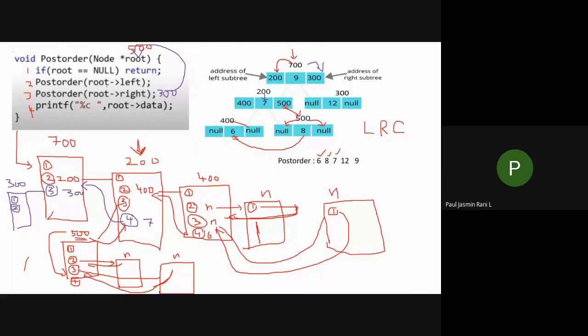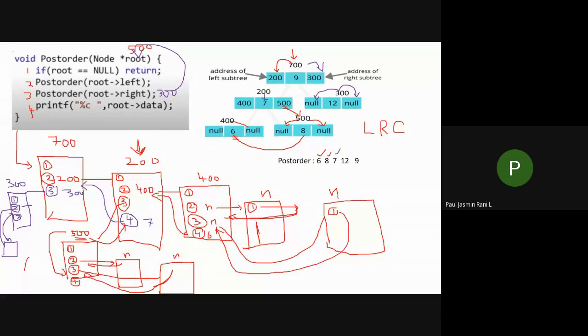What is the root of left? 300 of left. Okay, so 300 of left is nothing but null. So I'm passing this one. I'm calling this statement whose value is equal to null. So if it is null, again I'm going to return back to this one. Then I'm going to execute the third statement. In your third statement, root value is 300, isn't it? 300 of right you have to execute. What is the third statement? Root of right. So root of right is 300 of right. Okay, 300 of right is nothing but null.